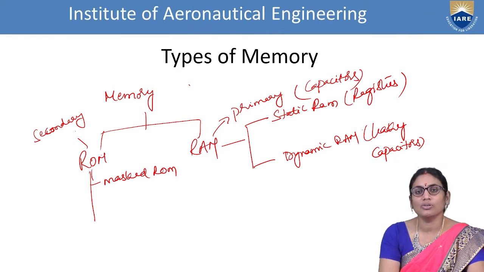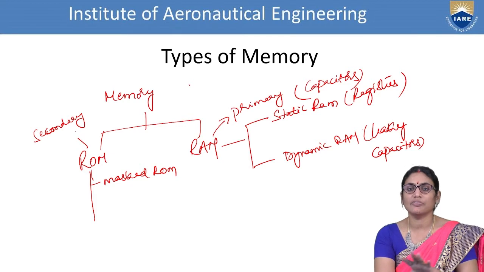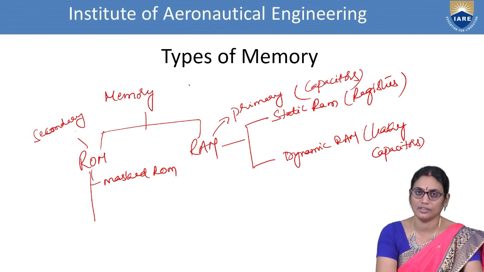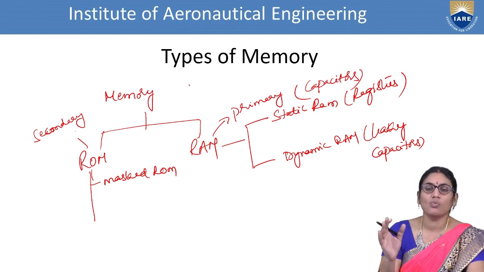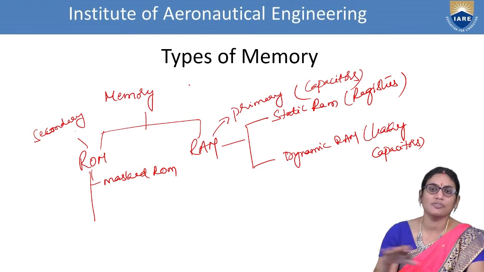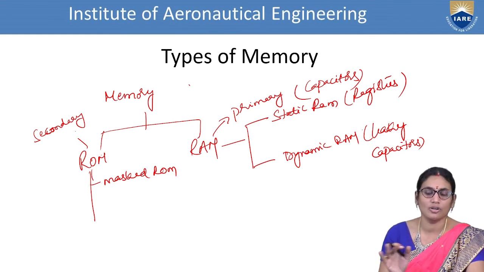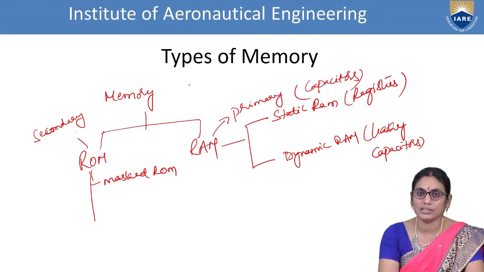Here you write the data once, and it will be maintained stable. So how do you write the data? That fabrication has been designed by the chip designer itself. So that case is called masked ROM. Masking is nothing but once the data is locked, it is protected with a shield of information, and this shield is called a masking operation. Because of this masking, the data will not be lost. So this case is called masked ROM.